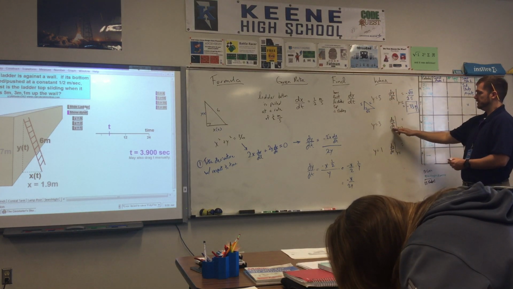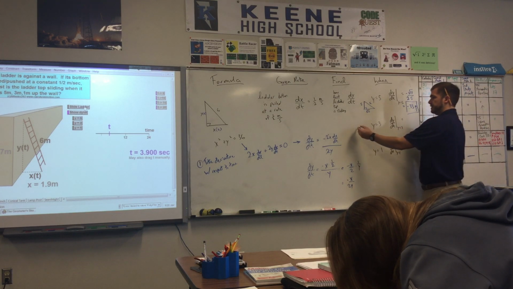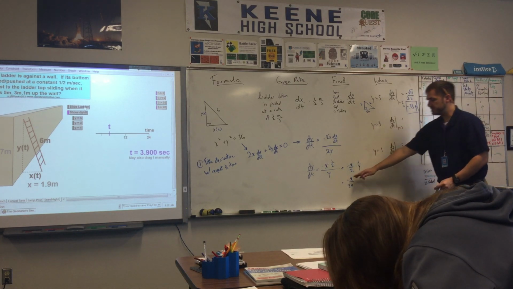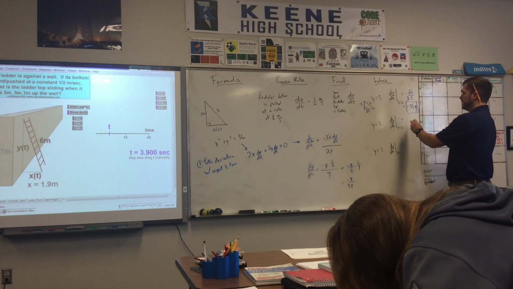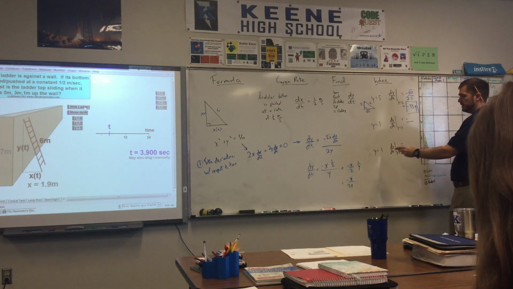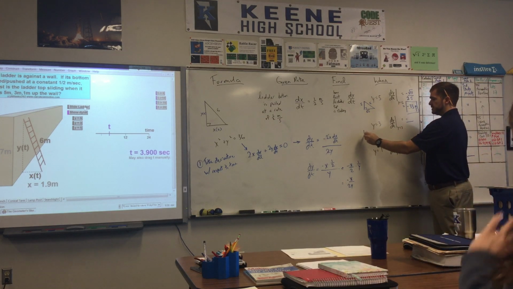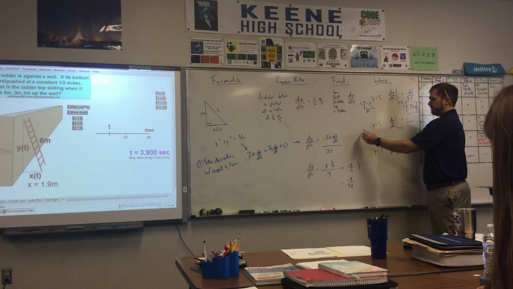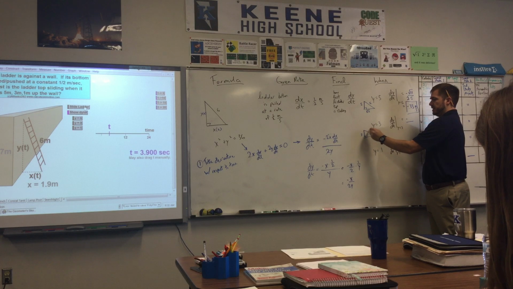Okay, let's find dy over dt when y is equal to 3. So using our formula, it's negative x over 2y. So what I need to do is, I have a negative up there. The x value I'm going to need to once again calculate by hand. I have 3 here and 6